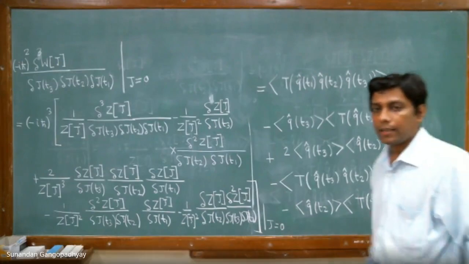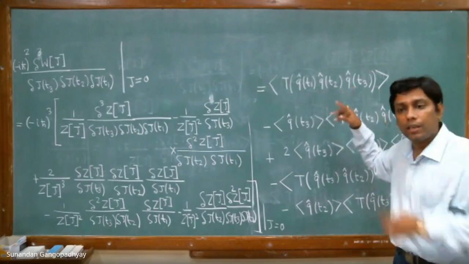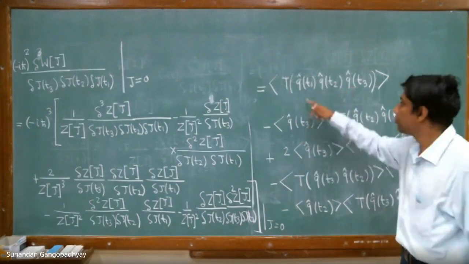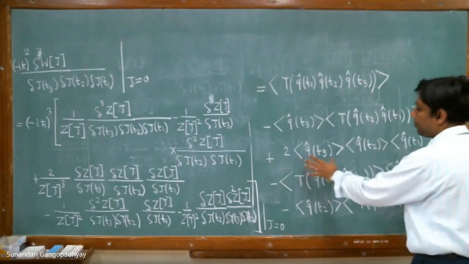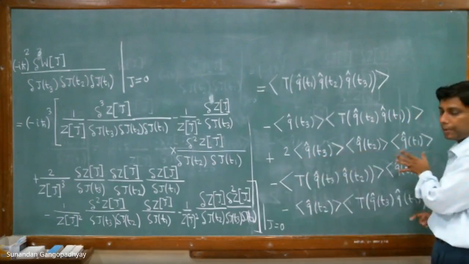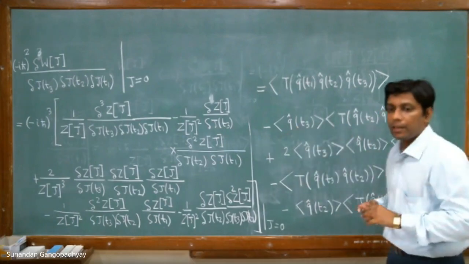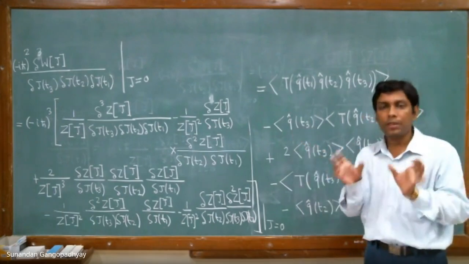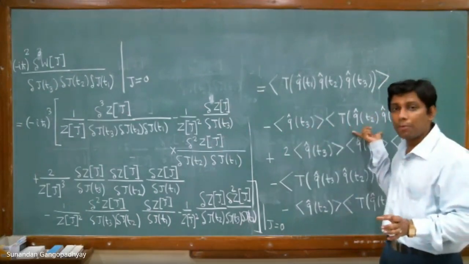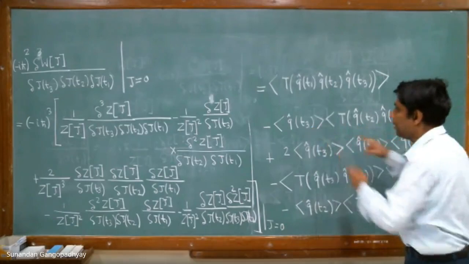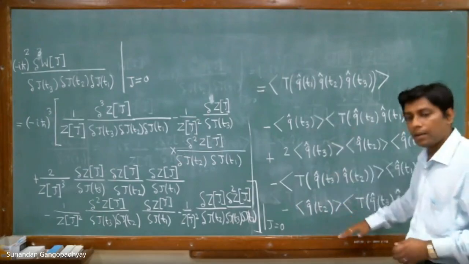And now you can see that there are three kinds of terms. The first term is obviously the time ordered product, which comes from differentiating functionally the generating function of zj three times. So this is this one. Then you have a term which is the expectation value of each of the operators separately. This is another class of term. And then this is another class of term where it is a sort of partitioning. Out of the three operators, one operator has a single expectation value, and two operators have a time ordered product expectation value. So this term, and this term, this one, and this term. These are another class of terms.